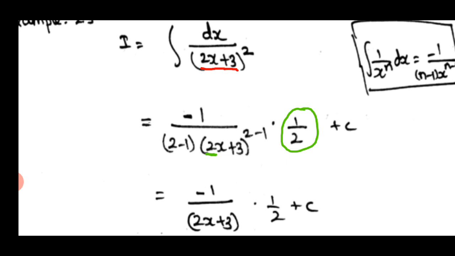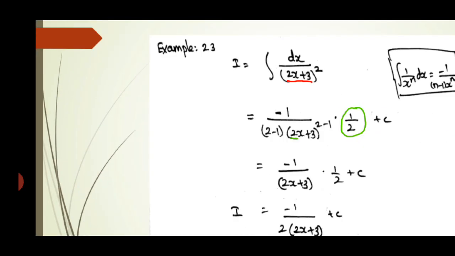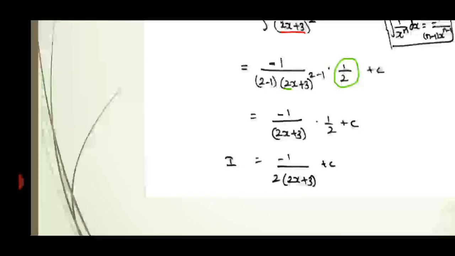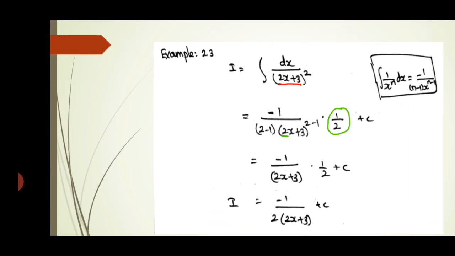So to not confuse, I have multiplied 1 by 2 outside, that is I am dividing the whole part by 2, so that can be otherwise written as 1 by 2. So take the coefficient and multiply 1 by 2. If the coefficient is 3 you have to multiply at last 1 by 3. If the coefficient of x is 5 you have to multiply by 1 by 5. So like that. So we get minus 1 by (2 minus 1), so 2 minus 1 means 1. So we get the reduced answer minus 1 by (2x plus 3) into 1 by 2. The 1 by 2 can be kept in the front. So minus 1 by 2 into (2x plus 3) plus c.